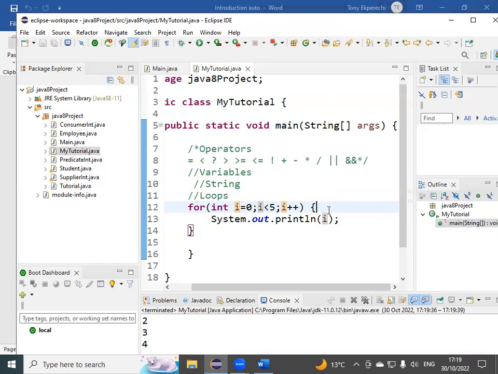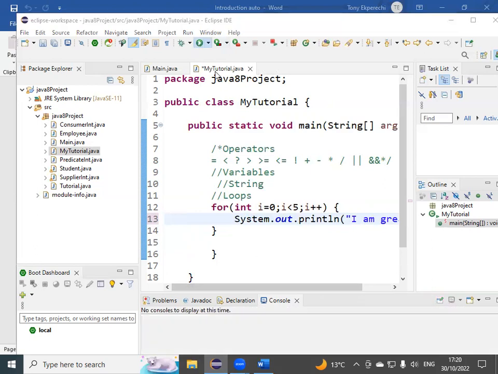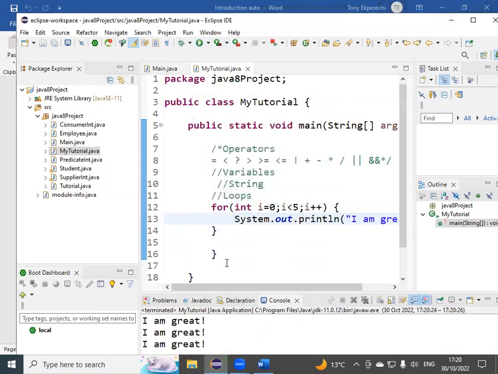And now you can ask it to break at 5 or, for example, you can try something to run as many times, like I now say, I am great. And see what happens. It runs it for you. So it says I'm great. How many times? 5 times. Now, if you want to restrict it to